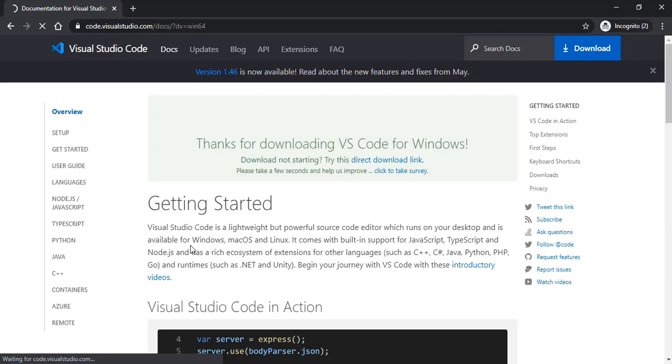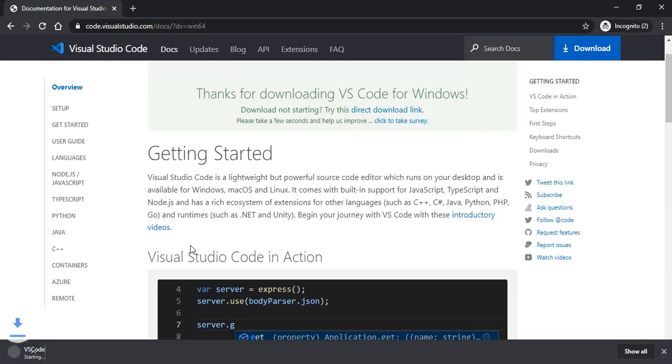I clicked it for download, so it must be getting downloaded shortly. The download is complete now. Let me open the file.